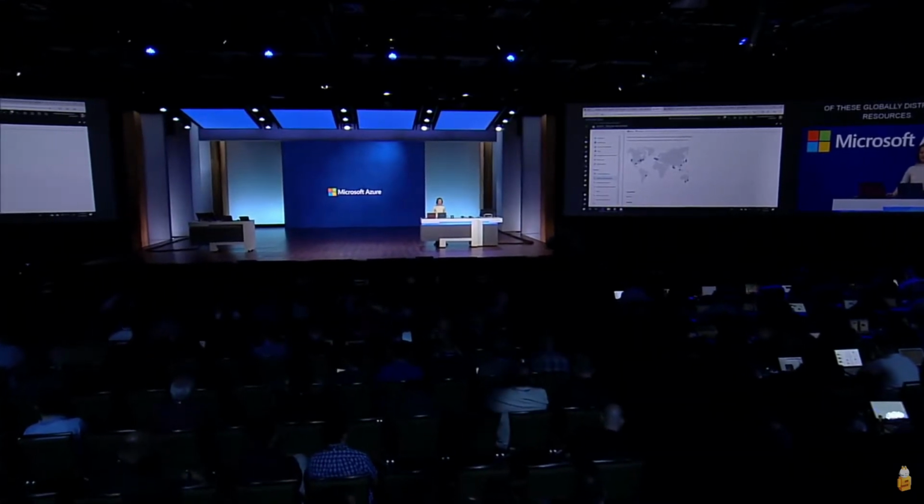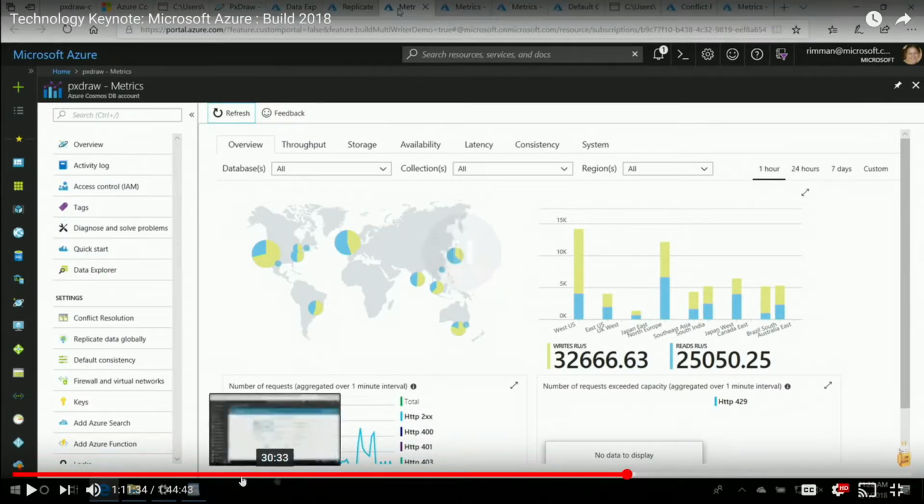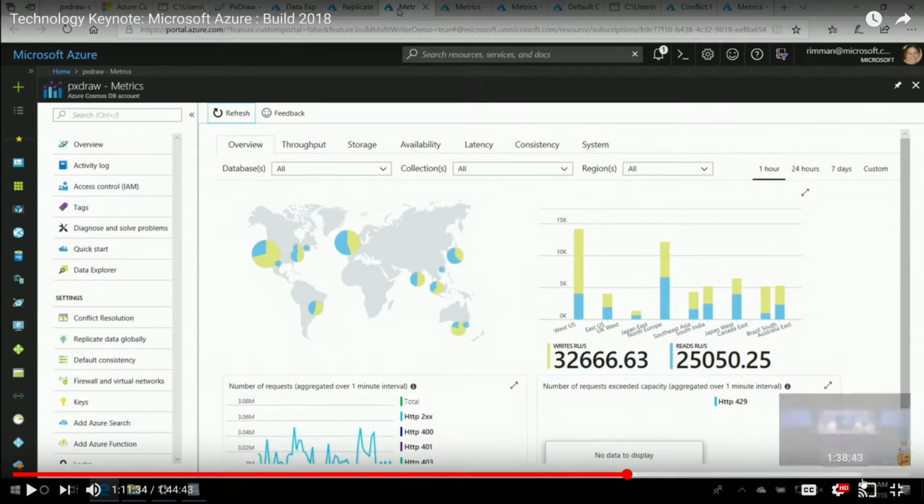Now, the multi-master, and not just any multi-master, but the multi-master at true global scale. With its natively built-in multi-master capabilities in Cosmos DB, application developers get numerous